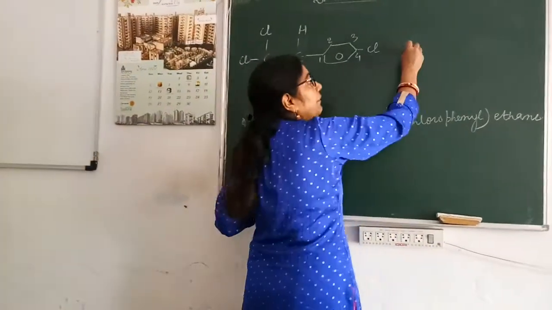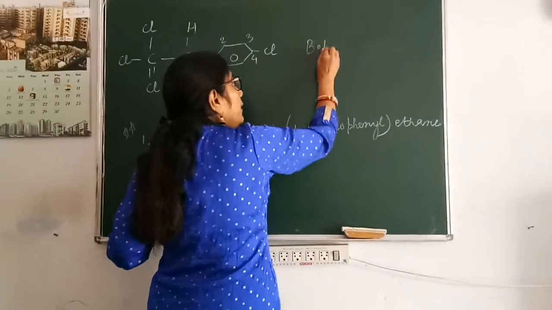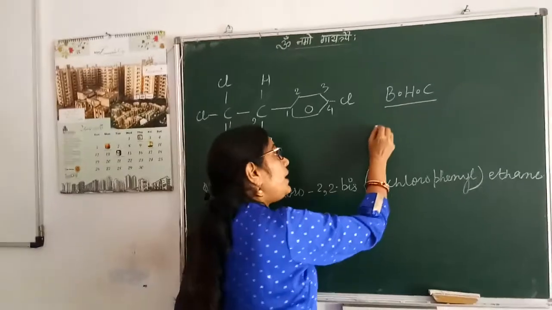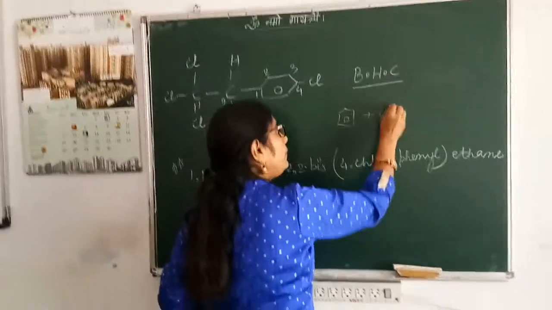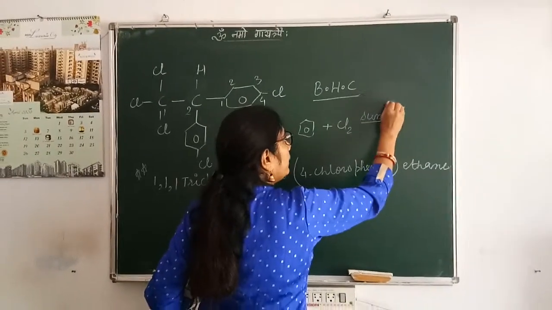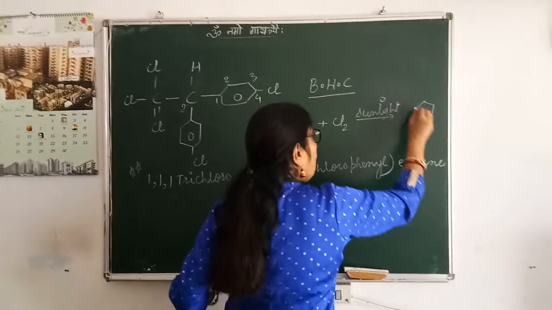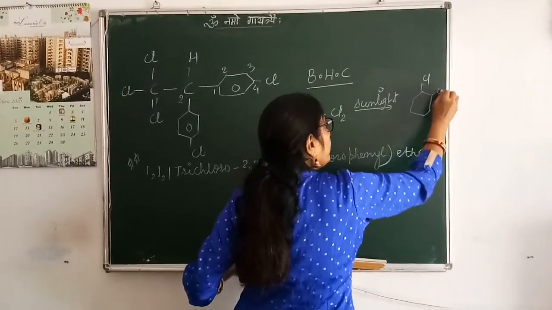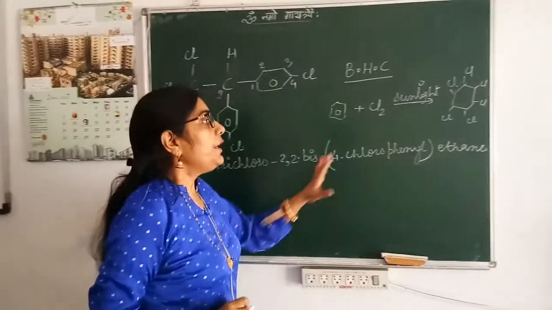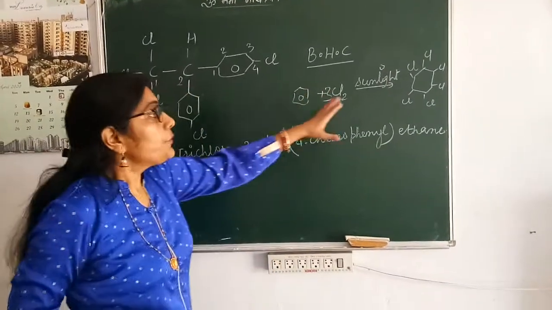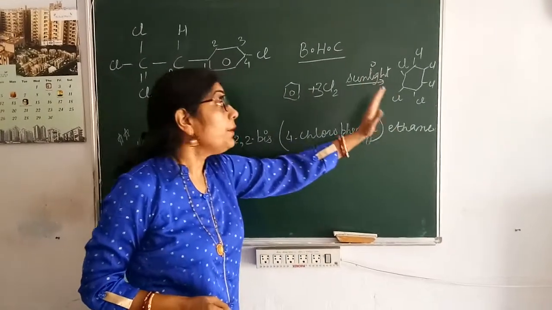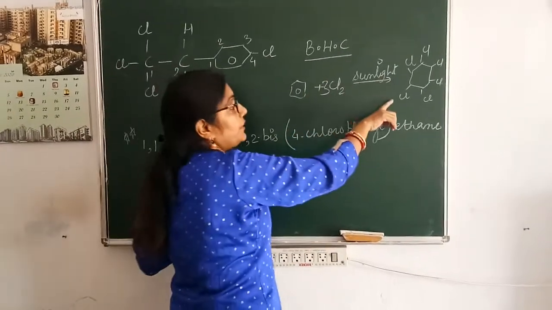Apart from that, in class 11, if you remember, we had studied BHC, benzene hexachloride. So when benzene undergoes chlorination in presence of sunlight, actually it is an addition reaction, all the pi bonds are broken and the compound is this. Okay, so this is benzene hexachloride and this is nothing but gammexane, which is used specially as an insecticide only.